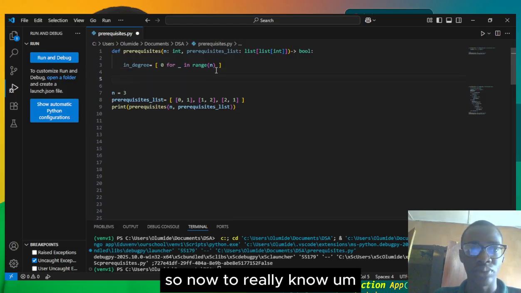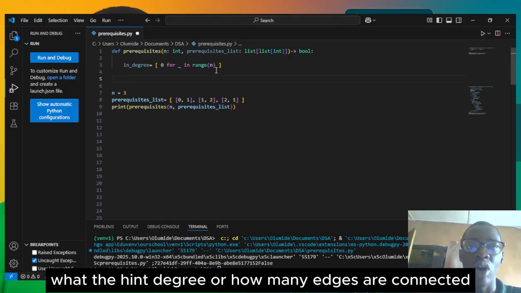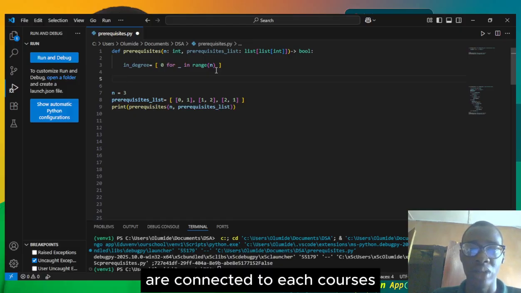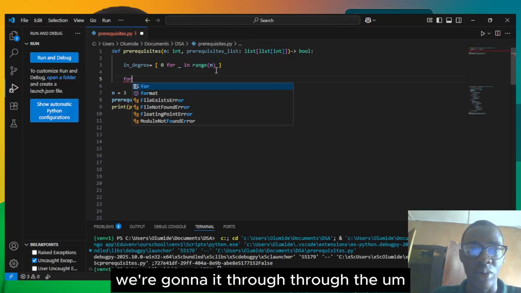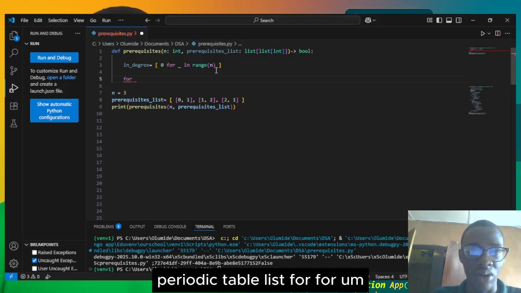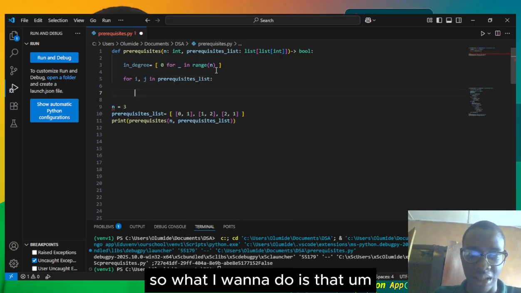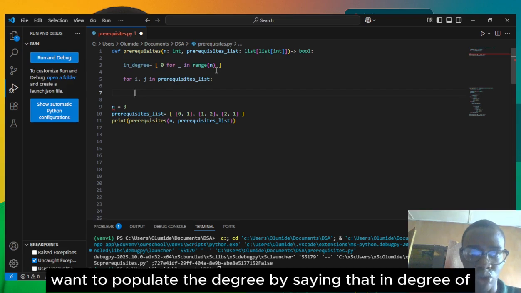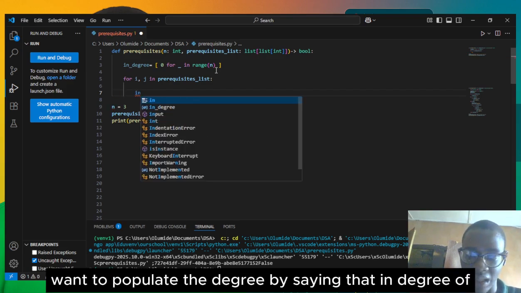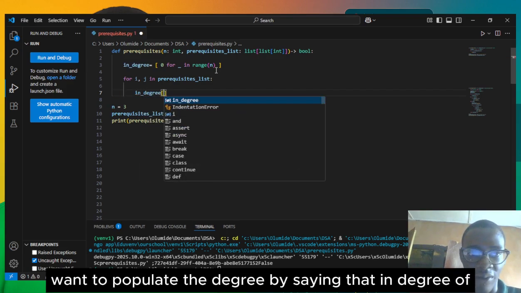So now to really know what the in degree is, or how many edges are connected to each course, we are gonna iterate through the prerequisite list. For i comma j in prerequisite list, what we want to do is populate the in degree by saying in degree of j